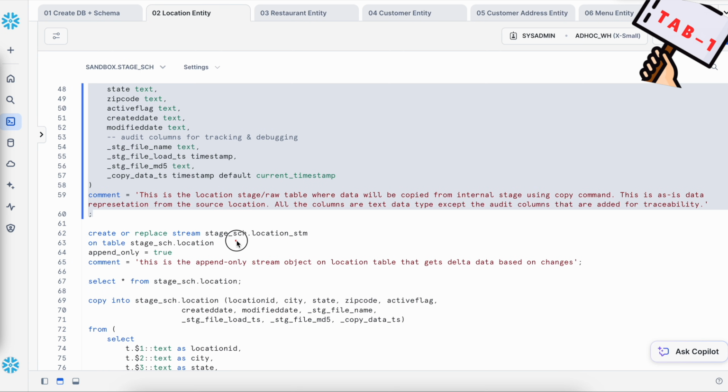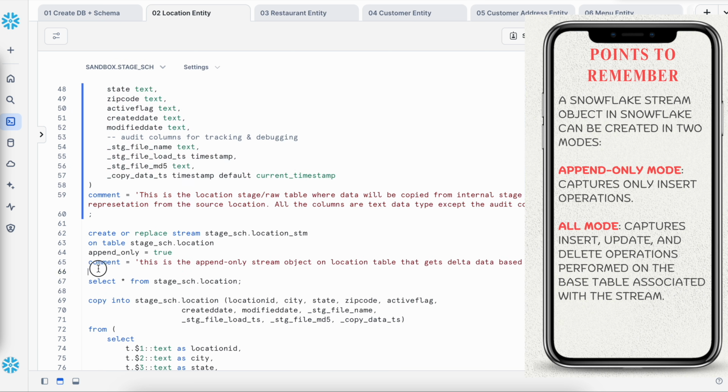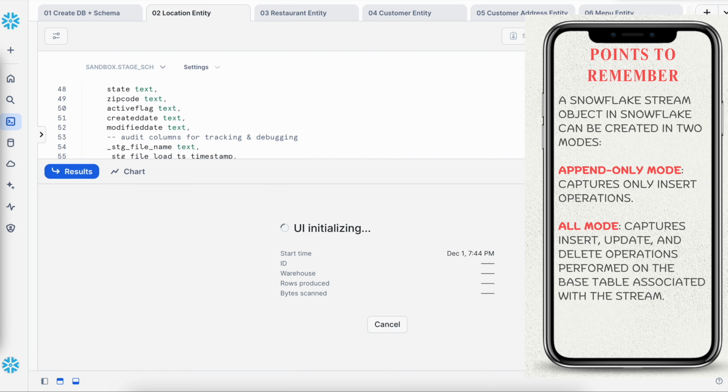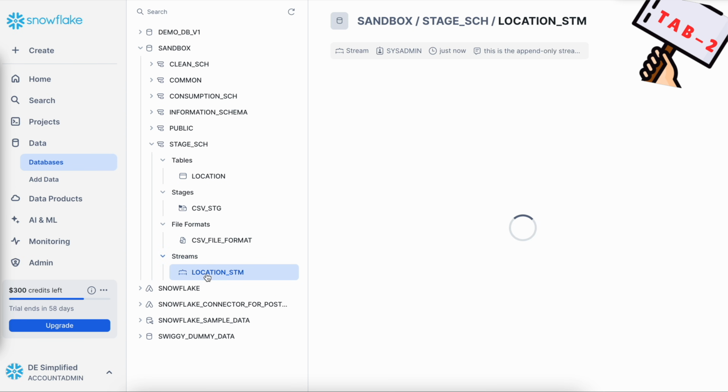Before I do anything, I am going to create a stream object, and the primary purpose of this stream object is to capture any change which happens to this table. Once we run the copy command, you will understand why this stream object is created. This stream object is created on the location table, which is this particular table, the property append only is true, and this is the comment. So let me create this stream object. This also got created. When I switch my tab, I can see here I have a stream object